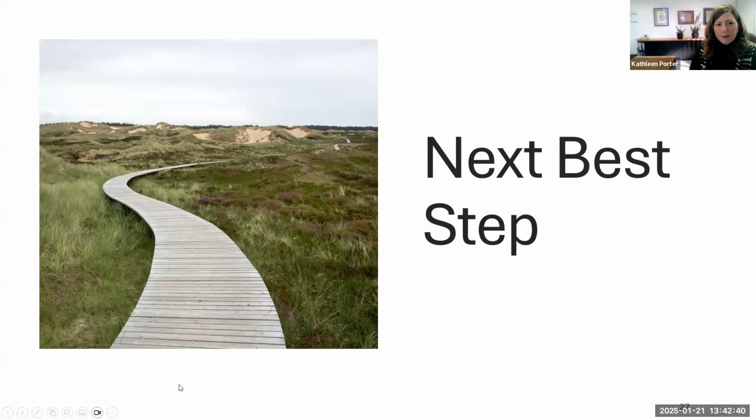So at this point, what I was hoping you could do is just think about your next best step. So you know this deadline's coming up. You know you're going to be writing 3 goals. You know where you are on the continuum in terms of the steps. So if you could make a commitment to yourself to do one thing and jot yourself a note, put it on your calendar. I'm going to give you a second or two to do that.